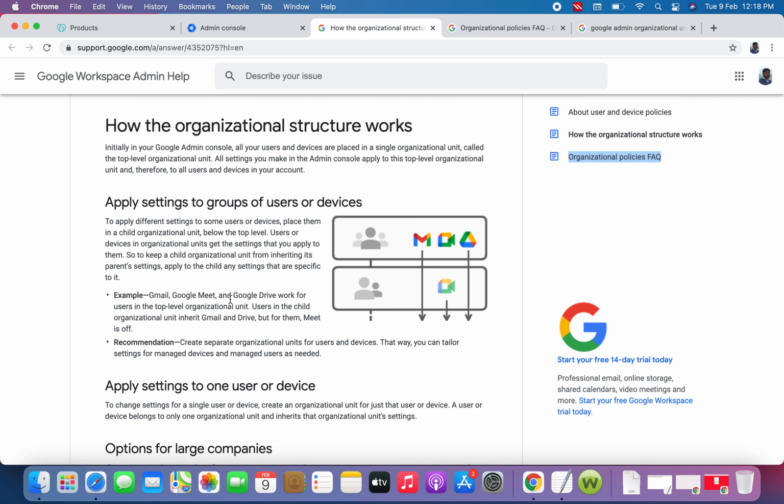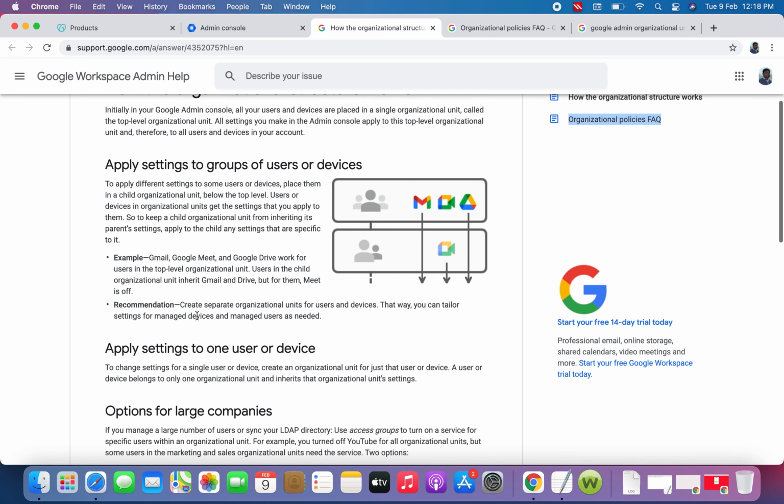Gmail, Google Meet, and Google Drive work for users in the top level organizational unit. Here you can see users in the child organizational unit inherit Gmail and Drive, but Meet is off. The recommendation is to create a separate organizational unit for users and devices.